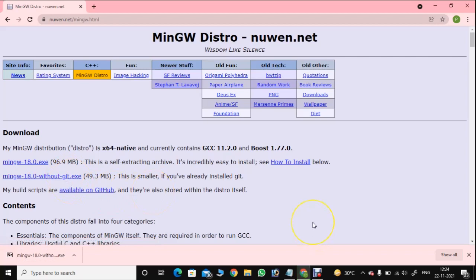Now the download has completed and we need to run the installer. Click on the small arrow sign. Click on show in folder.